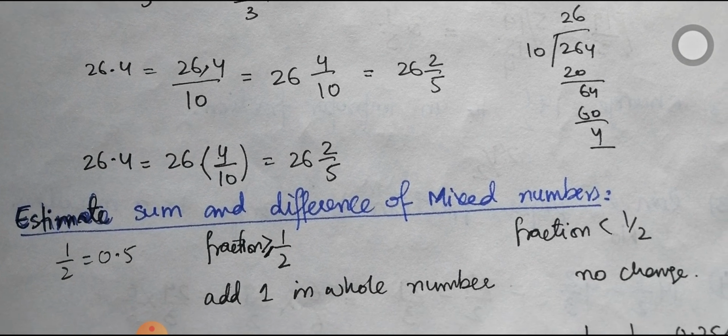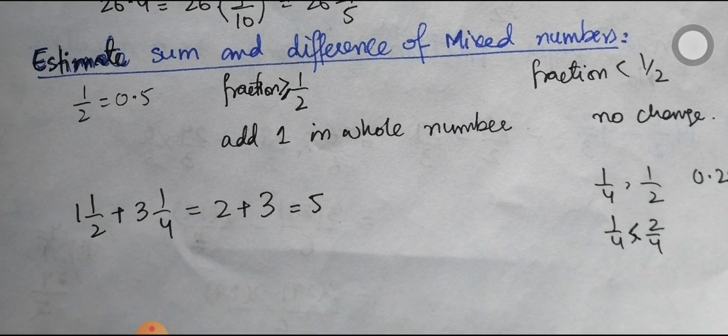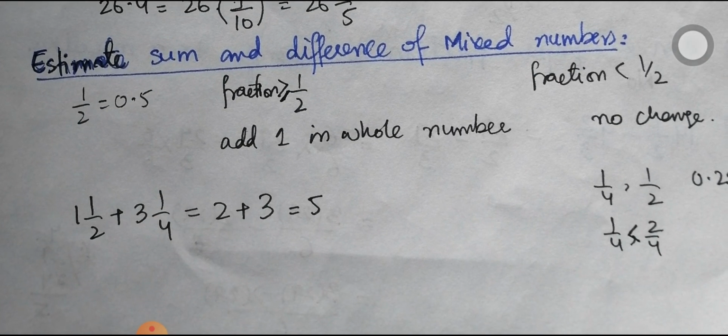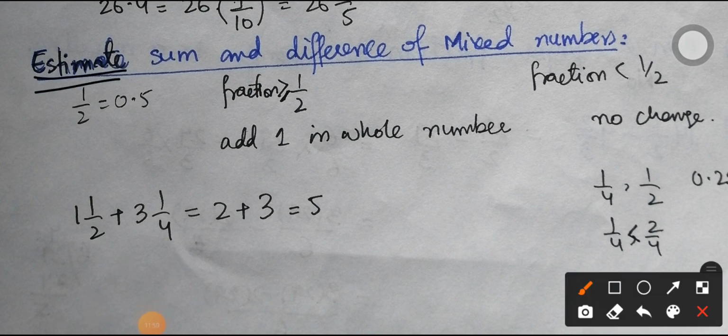The next topic is estimation, as we have discussed earlier for whole numbers and decimals, how we can estimate a given operation. We have discussed that in estimation, we round off the numbers first and then perform the operation, because estimation means we are going to find the nearest value, or a guess value of the given expression. So in the case of mixed numbers, how can we estimate sums and differences? As we have discussed, to estimate any operation we first round off the numbers to make our calculations easy. So first we will discuss how we can round off mixed numbers.